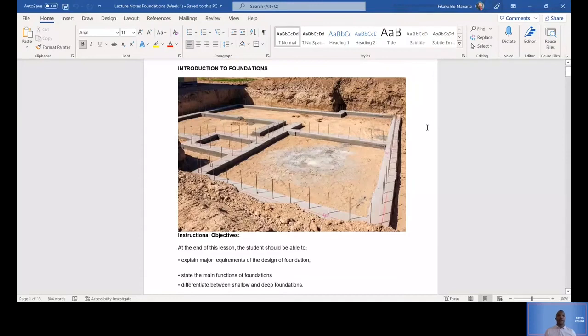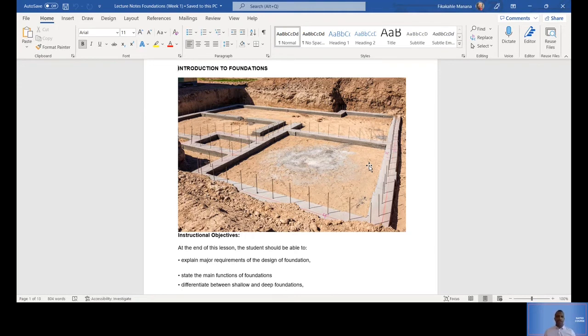What we will be talking about is exactly what you can see in this picture here, which is foundations. Now, in N4, you were taught about foundations. You already know what foundations are and what the purpose of foundations is. But the objectives of this lesson are to explain major requirements in the design of foundations, and talk about the main functions of